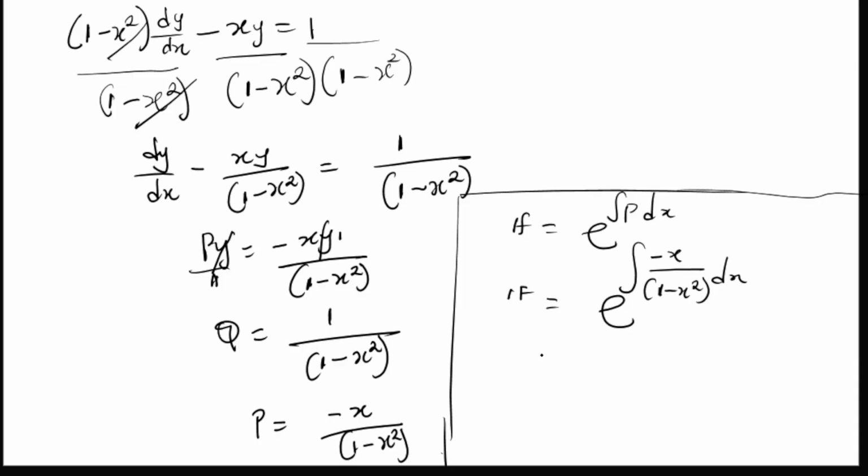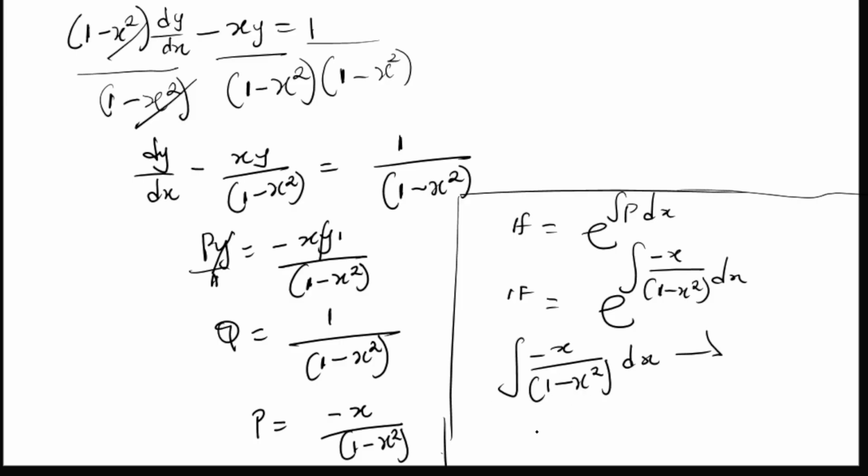Now, if you solve for what we have there, we simply have the integral of minus x divided by 1 minus x square dx. This is what we are asked to solve for. Now, how do you solve this kind of problem? Remember, from our elementary integration, we can call this